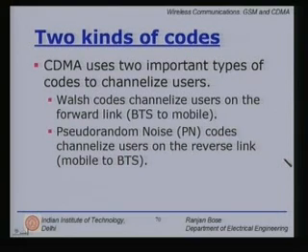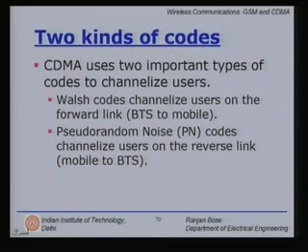CDMA uses two important types of codes to channelize users. One is the Walsh code, the other is the pseudo-random noise or PN codes. Walsh codes channelize users on the forward link, that is base station to mobile. There you have the luxury of more power, right?